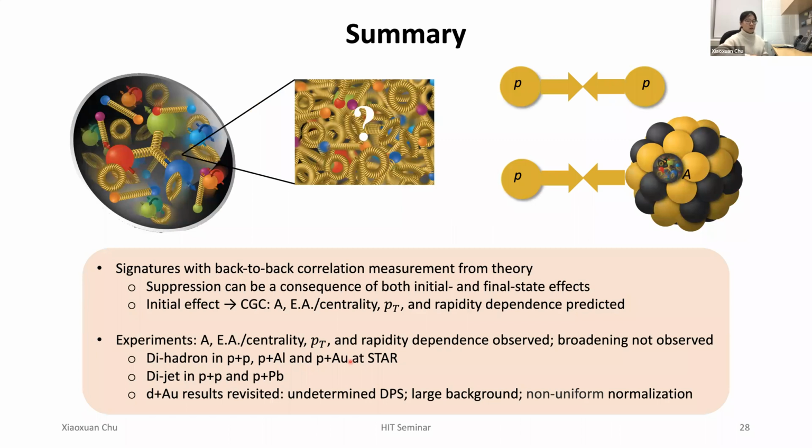So I showed the current results of the two-particle correlations in pp and pA collisions at RHIC. We observe the A dependence, the event activity or centrality dependence, and the pT dependence, also the rapidity dependence as predicted in CGC. And I also talked about the revisited measurement in d-gold collisions, but we have some challenges here for d-gold